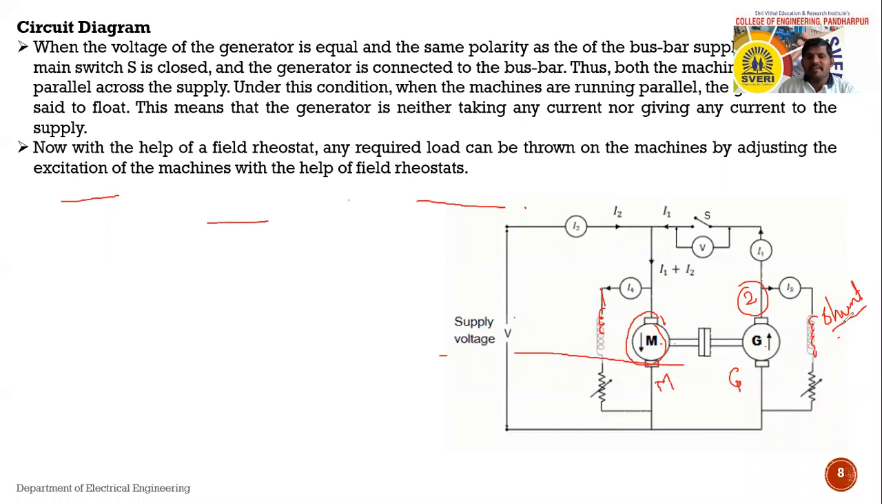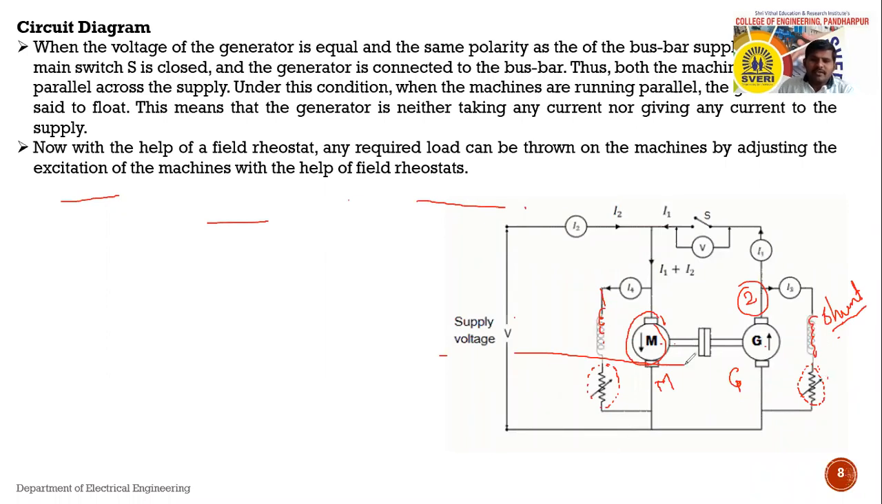That is the shunt field winding of the generator, and the shunt field winding of the motor. We are connecting a rheostat in series with the field winding. Again we are connecting another rheostat in series with the other field winding of the machine. Machine च्या field winding मध्ये काय करतोय आपण,